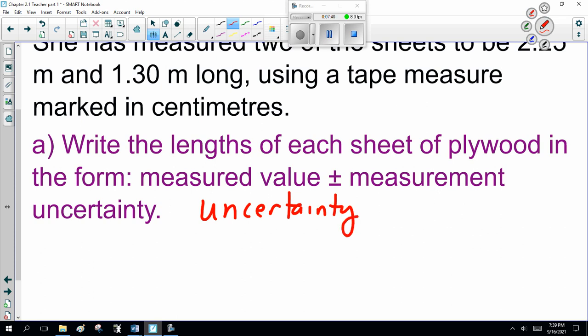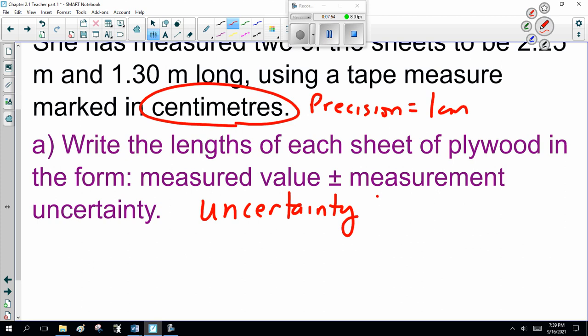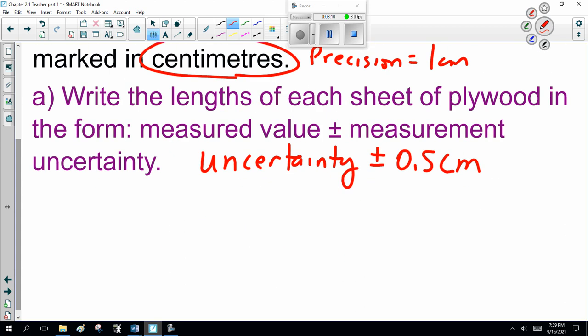We can measure to the nearest centimeter, which means your uncertainty is precision equals 1 centimeter. So your uncertainty is plus or minus 0.5 of a centimeter. Notice half a centimeter too small plus half a centimeter too big equals 1 total centimeter? Yes. So here the plywood was 2.25 meters, so that's 2.25 meters plus or minus 0.5 centimeters